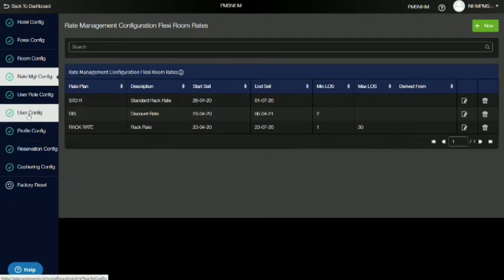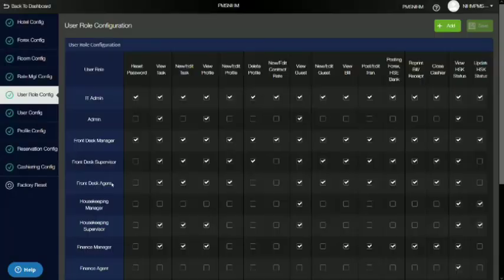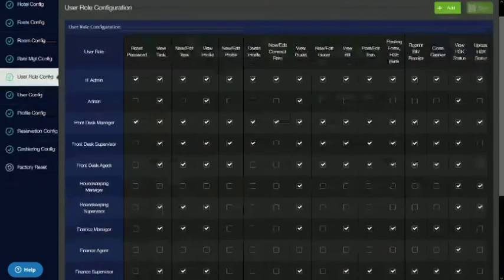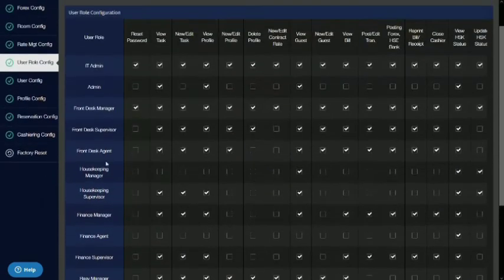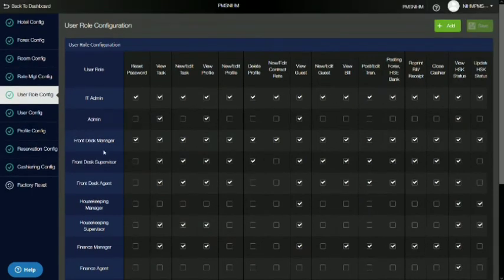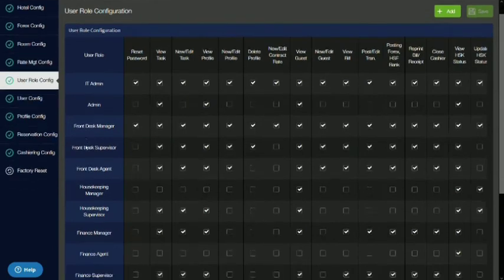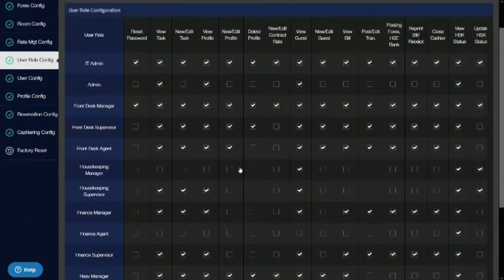Now the next one is user configuration, where you can add many users over here. Like if a new staff joined, you can add a user over there, username and password you can create. Same with user role configuration, there you can see various user roles in the property, and their provisions. You can see the front desk agent can view task, he can edit the task, he can view profile. Same like the IT admin has all the provisions. Front desk manager also has all the provisions to edit the PMS. It depends. We can decide over here for each role what provisions they should have